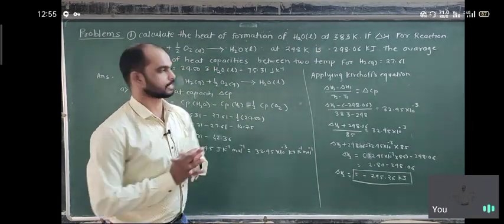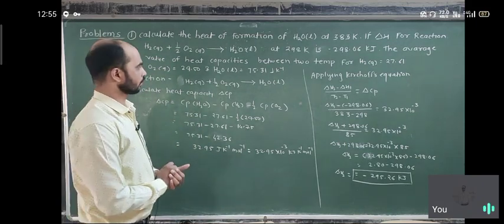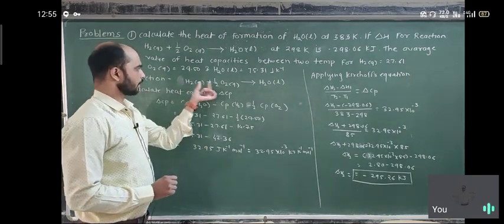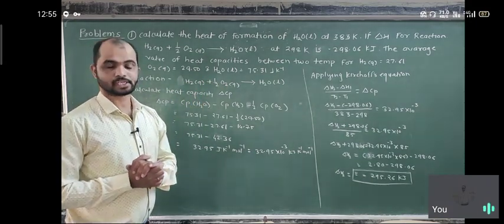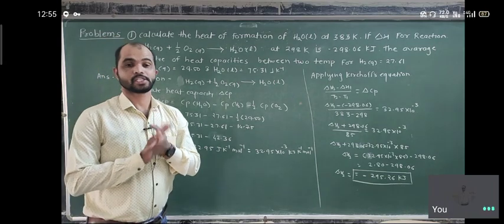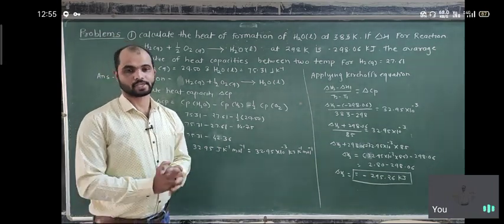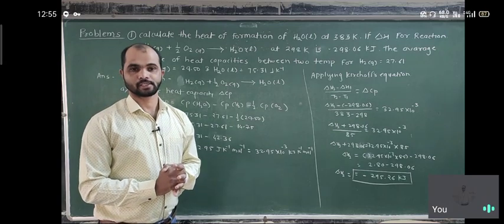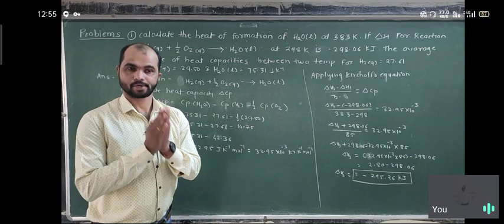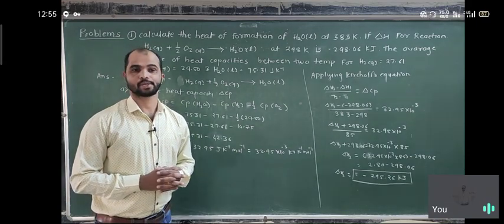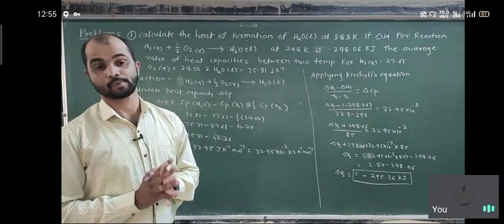Delta H2 काढायचा आहे. त्याच्यासाठी बघा ॲव्हरेज हीट कॅपॅसिटीज दिलेल्या आहेत. कोणाच्या? H2 ची दिली आहे, O2 ची दिलेली आहे, H2O ची दिलेली आहे. आणि ह्या ॲव्हरेज हीट कॅपॅसिटीज वरून आपण चेंज इन हीट कॅपॅसिटीज काढू शकतो. Okay, and how do we calculate the change in heat capacity? The sum of heat capacities of products minus the sum of heat capacities of the reactants. हे आपण ऑलरेडी कॅल्क्युलेट केलंय किंवा माहिती आहे.